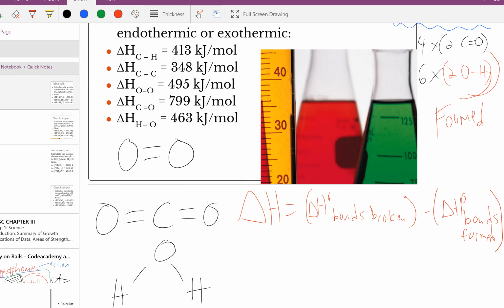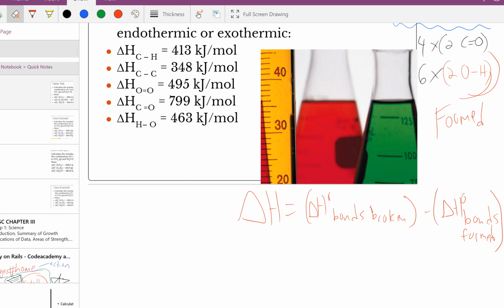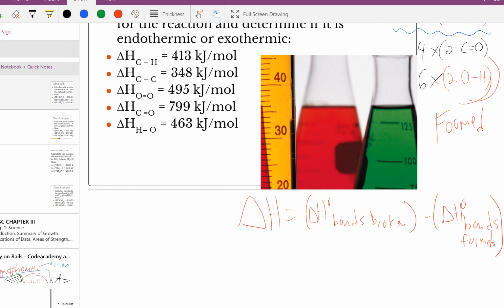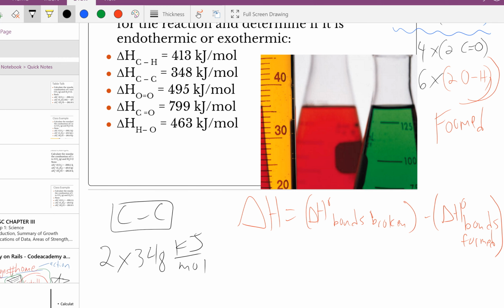Okay, so I'm going to make a little room to make this easier for myself to work with. I'm going to get rid of some of these drawings, and I'm going to go ahead and do the math. So in this case, let's start with bonds broken. The sum of the bonds broken is going to equal 2 carbon to carbon bonds, which is 348 kilojoules per mole for carbon to carbon, plus